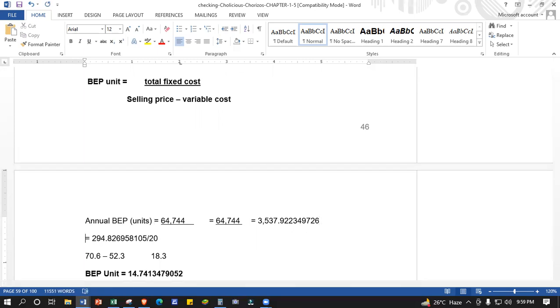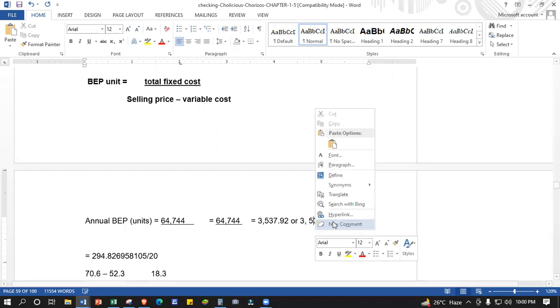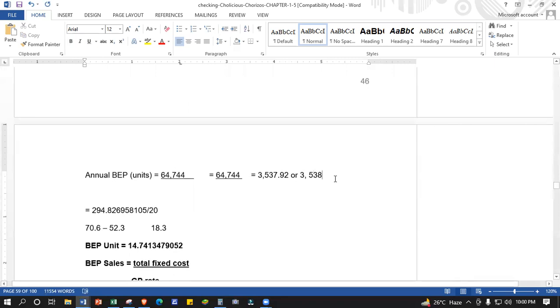Okay? So, ang dapat gibuhat ani is or 3538. So, there's no such thing as a 0.9 units man atong gisgutan diri. Meaning, kung pila ka buok ang imuhang kailangan ibaligya to hit break even. So 3537.9 or 3538, not in pesos but in units. Okay? Now, since this is your annual, your monthly